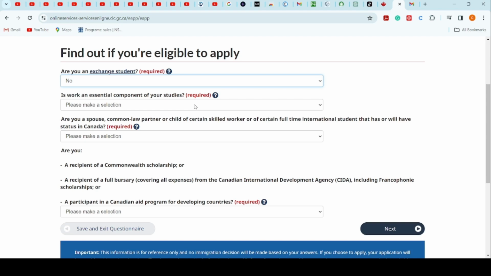Most of these courses come with a co-op, and then you would have to be attached to a particular company where you are going to apply everything that you've studied in class in the real world. So if your letter of acceptance or the course in which you are coming to study in Canada says you have to do a co-op, it means that by the time you want to apply for a visa like this,